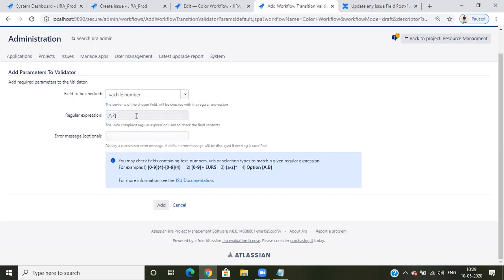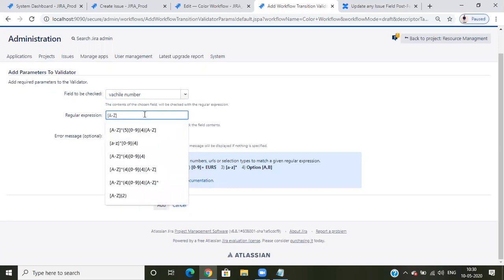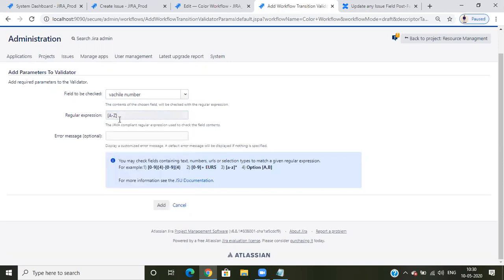If I select A to Z, only A to Z will be accepted, the remaining will not. If I enter a hyphen symbol, it will accept A to Z. A to Z is the caps one. Suppose I use A to Z: the first letter will work for A to Z, but the next letter they can enter anything. So there is no limit for it.